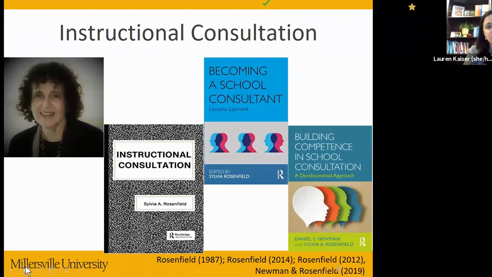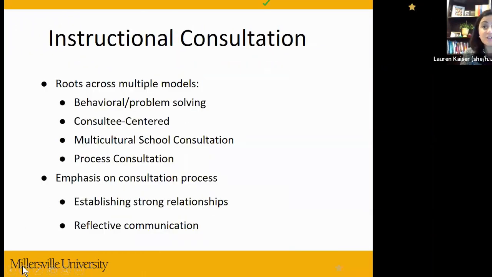So I can move very quickly to say it's all coming from the work of Sylvia Rosenfield. She's developed this over the years. There's a new book, if you haven't learned about it yet, that you might find interesting, by Newman and Rosenfield, where they coin it school consultation. Why? Because we want to be flexible with the use of instructional and behavioral problem solving. And so it has roots. We talked over in part 1 in behavioral problem solving, consultee-centered consultation, having a multicultural school consultation framework by which we work,